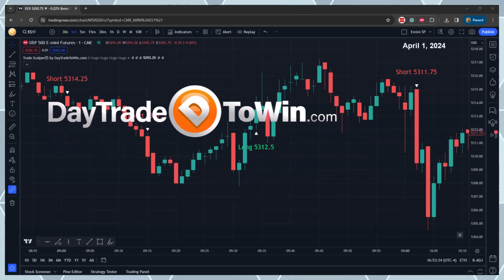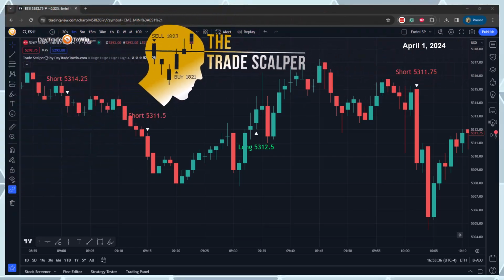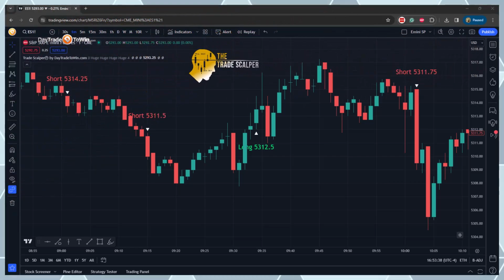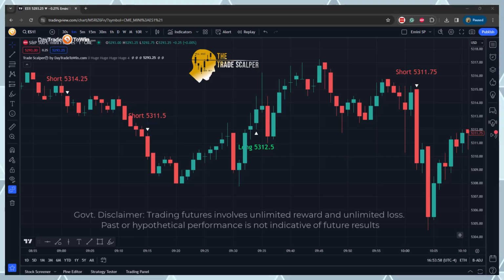Hello traders, today we're going to take a look at using the Trade Scalper on the E-mini S&P. I'm using the TradingView charting platform, and the signals that you're seeing are actually based on price action. We're not using any type of indicator like a moving average crossover. It's pure price action. Now before we begin, before I show you the NinjaTrader version and Bitcoin, remember that trading